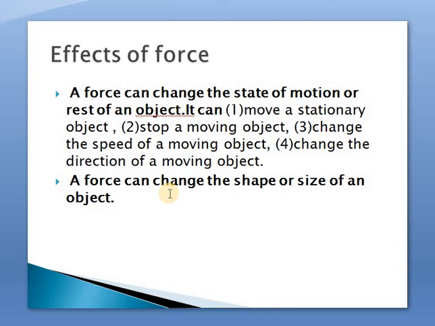So these were the topics under today's class about force. Further, we will study